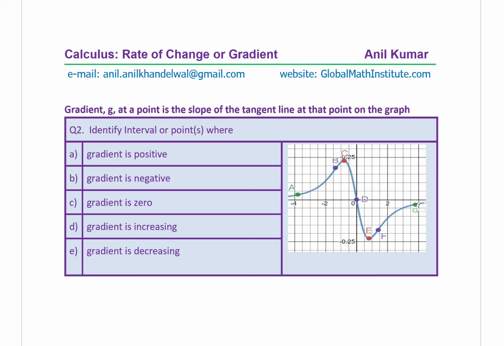We are going to use this graph many times. There are points identified as A, B, C, D, E, F and G on this particular graph. Now you need to mention where the gradient is positive. So pause the video, answer this question, and then look into my suggestions. Part A, the gradient is positive means the slope is positive. If I draw a tangent at A,